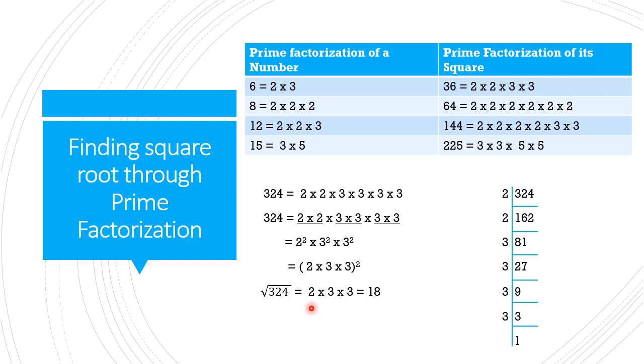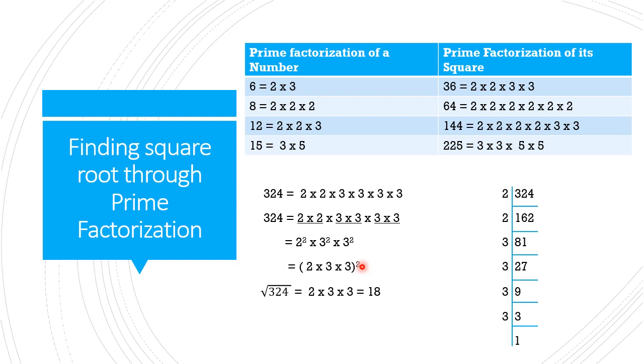So when the square root symbol comes, the square goes away. Okay. So without the square we can write whatever is in this bracket. That is the answer of this question. Square root of 324, 2 into 3 into 3 is equal to 18. Okay children. So here we write first 324 is equal to whatever we are getting, that we are writing with the multiplication sign. Then we are doing the pairing work. Then after pairing we are writing in the short form, expansion form, 2 square, 3 square, 3 square with the multiplication sign, and the bases we are taking in the bracket, 2, 3 and 3.